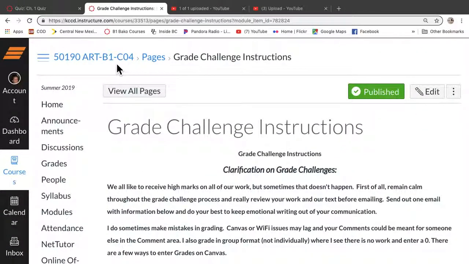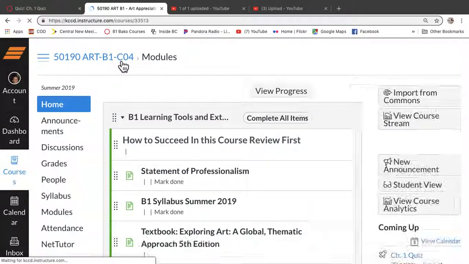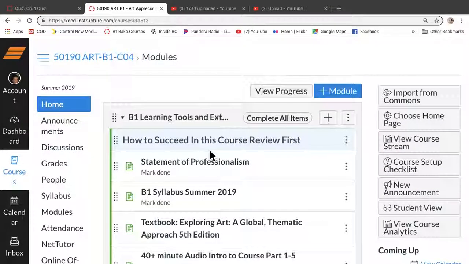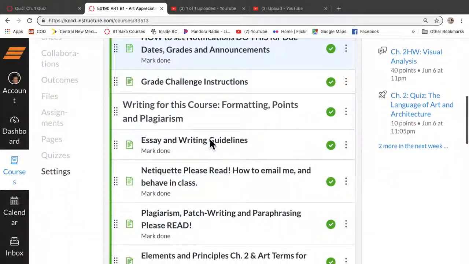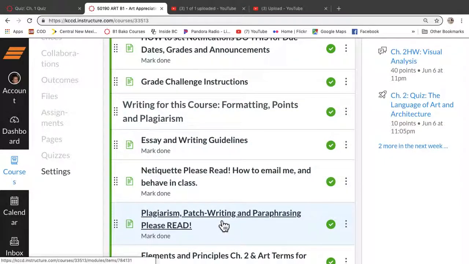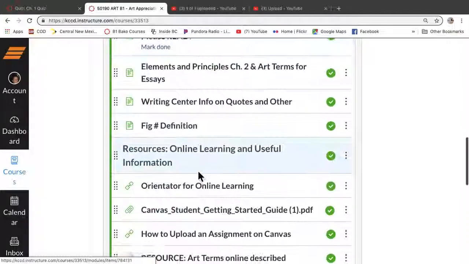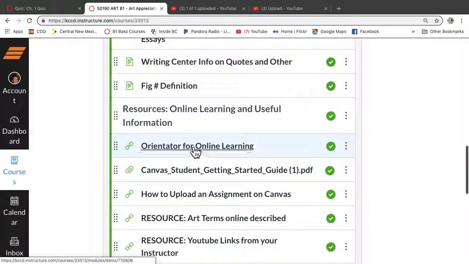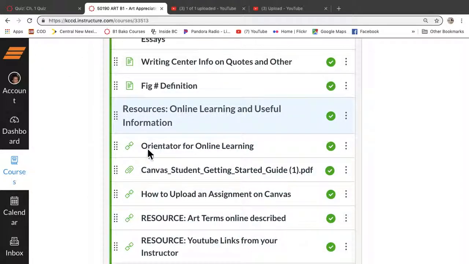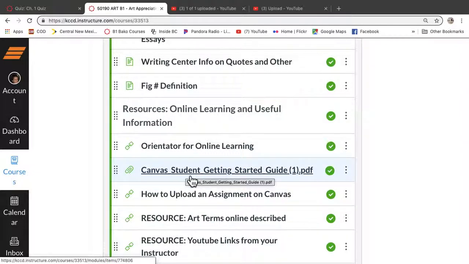All right, so let's go back to our home page. A lot of stuff here. This is going to take a while. I wouldn't suggest doing all this in the first week, but the ones that are marked done, do those and then go back to these other ones. If you're confused on how to learn online, click on this. This gives you Canvas. This is the LMS, the learning system that we're in. Canvas is called Canvas. This is the look of the course. So you can click on that.